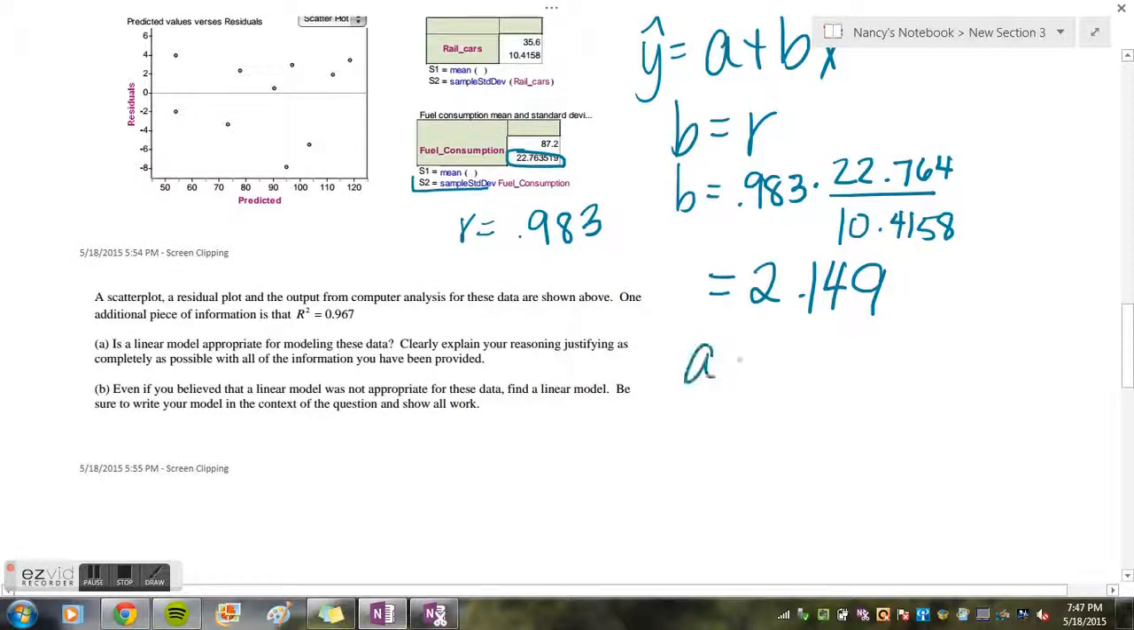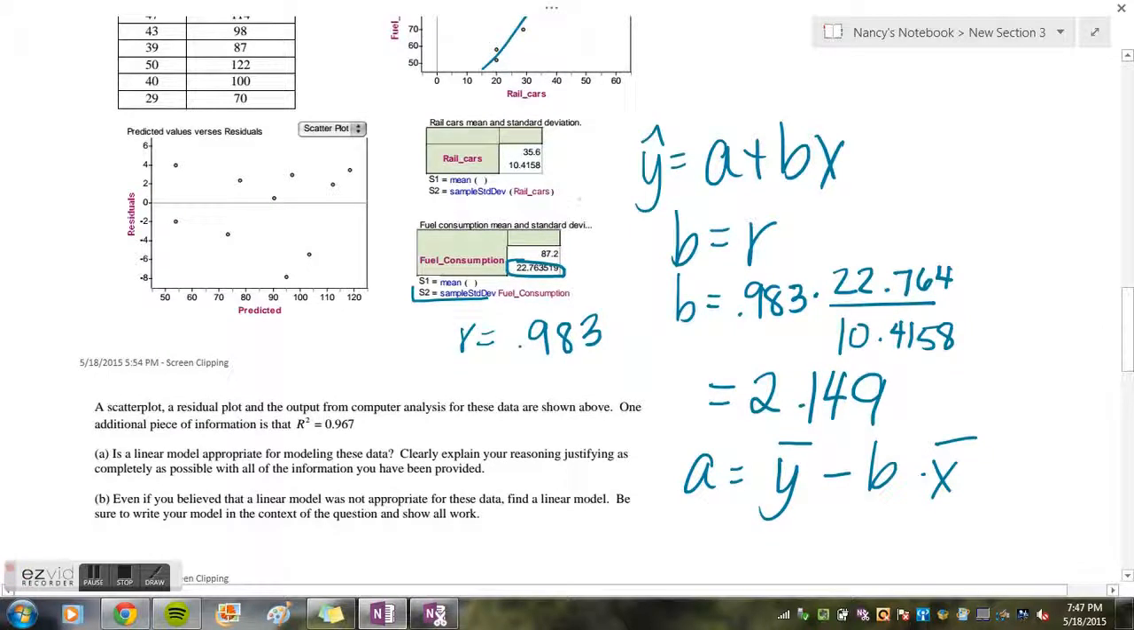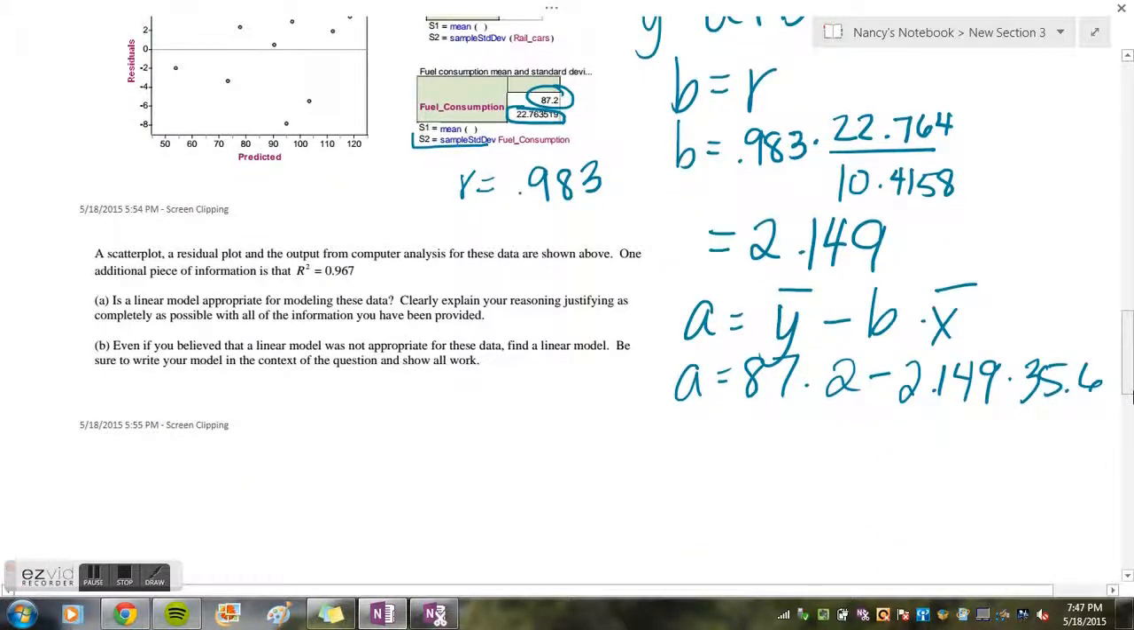So now I have to solve for a, and a is y bar minus b times x bar. And y bar is given to us as 87.2 minus b, which was just solved, so that's 2.149, times x bar, which is 35.6. So once we put that in the calculator, a is equal to